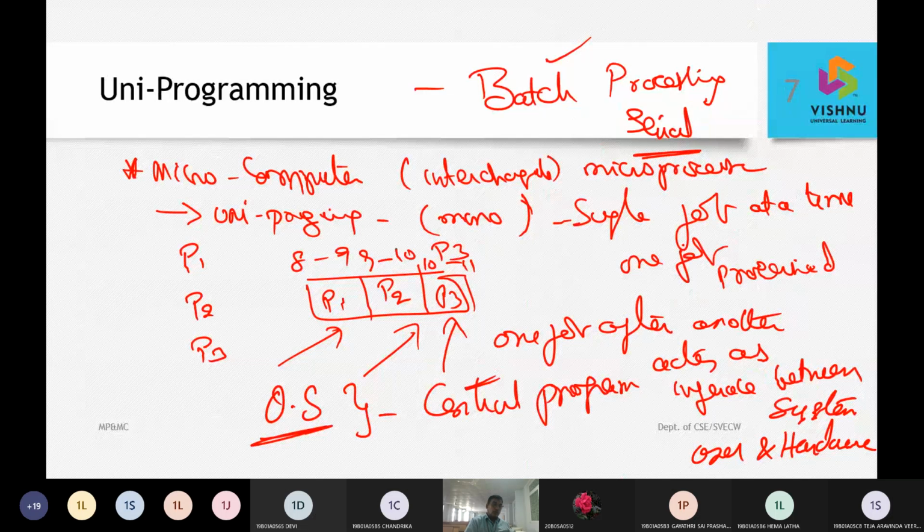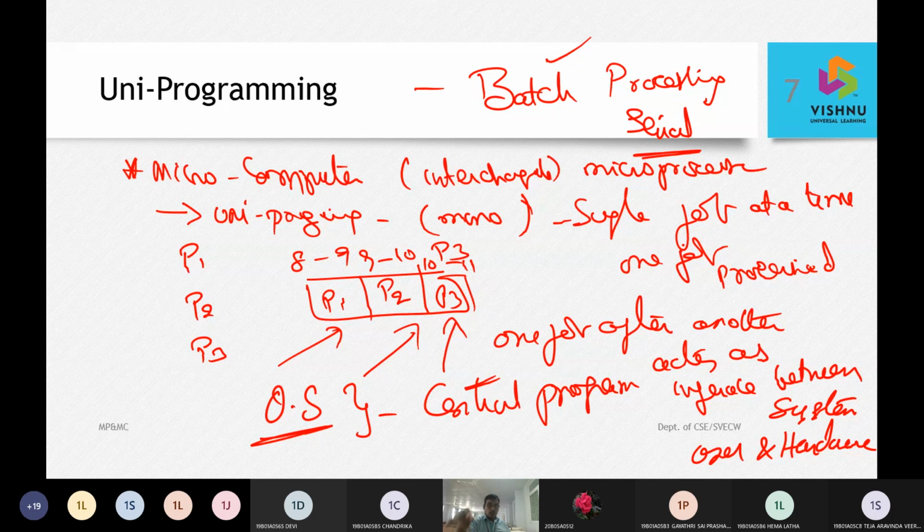After that, we are now saying that an operating system is going to be an interface between the system user and hardware. The system hardware is there and the software is going to be the operating system, where we need to see how all the jobs have to be executed, in serial or in parallel. How is it decided whether serial or parallel? It is decided by the control unit, which is part of the microprocessor. That is the reason why we are bringing up these scenarios. If I call it batch processing, we will call it uniprogramming, and it is going to take up one job after another.